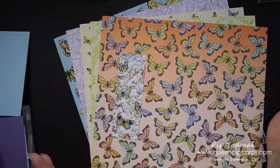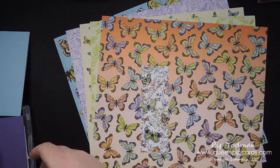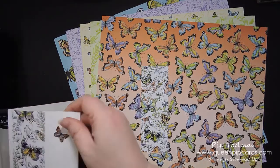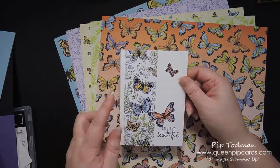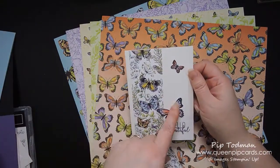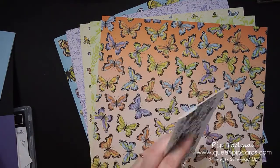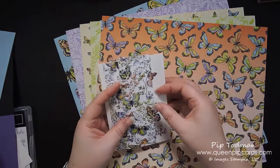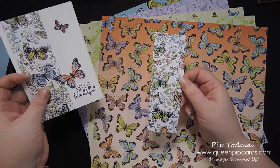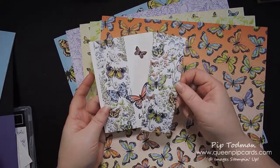Today we're talking, well, butterflies, really. You might have seen recently I did a card and I shared it with you, which used this piece of paper here, the backing paper, and the beautiful butterfly stamp set. So I just wanted to go through what that was, because lots of people have been going, oh, I love that paper. So today I'm just going to show you another simple card, making a card using some butterflies again,